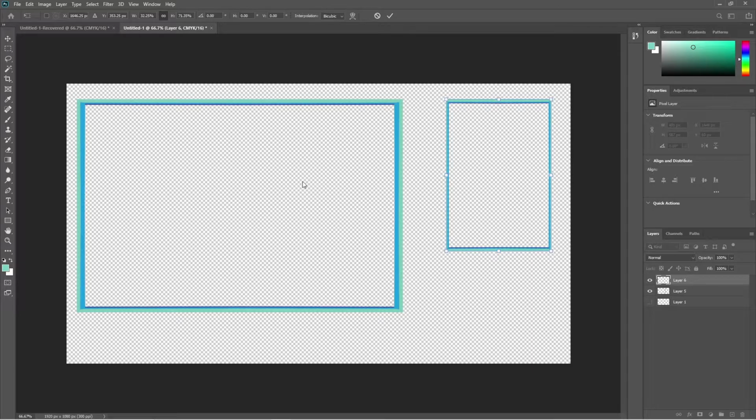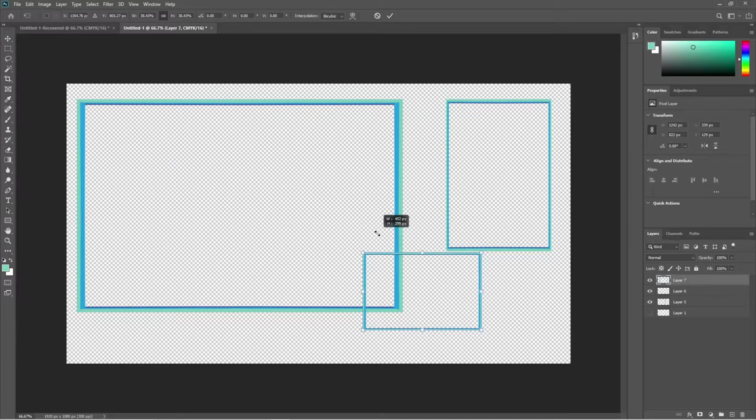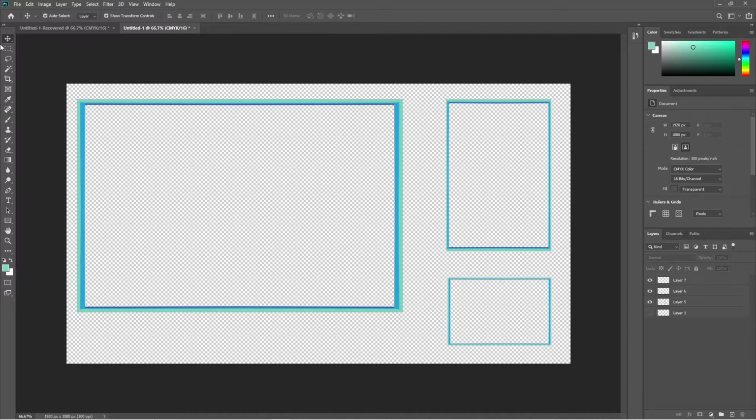We're going to go ahead and paste again, because we're going to use this for our webcam. We're going to line it up with that right there. We're going to go ahead and place it somewhat centered, just like so. Slightly up. There we go. Okay, now we have essentially created our four basic borders for